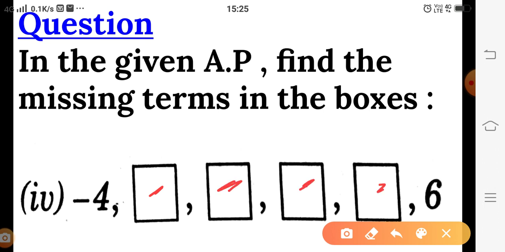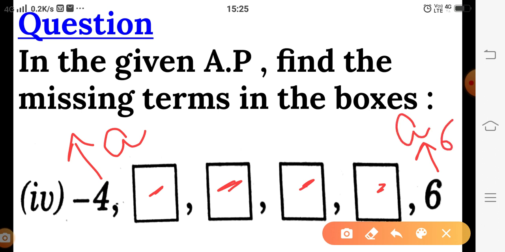What we are observing in the series, the first term is given as minus 4, means the value of a we have, and the 1 2 3 4 5 6, the sixth term is here in this series, and a6 we know is equal to a plus 5d. Means easily if you are putting the value of a in this, you are getting the value of d, and if we have the values of a and d, we are able to find each and every term of the AP.